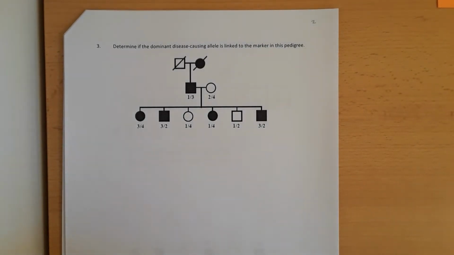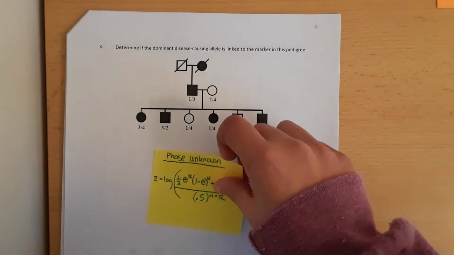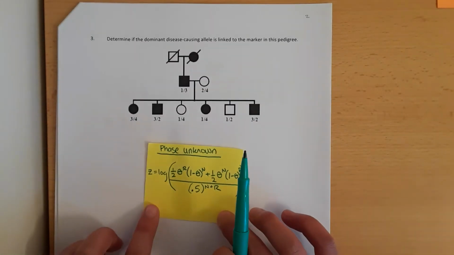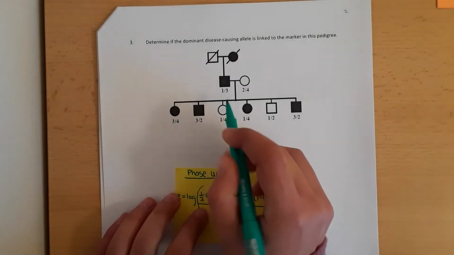So here is our next problem, and the first thing we must do is decide, is this phase known or phase unknown? Well, because we have two deceased people, this is going to be a phase unknown pedigree, so we have to use this equation. And because it's phase unknown, we're actually going to have two hypotheses, and I will show you what I mean. This person